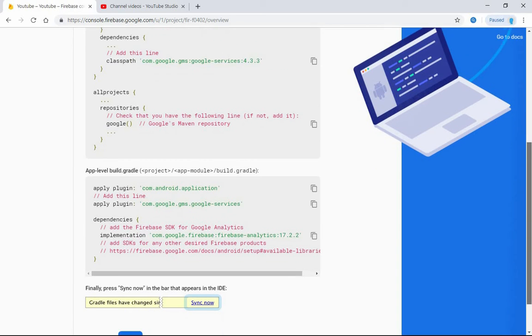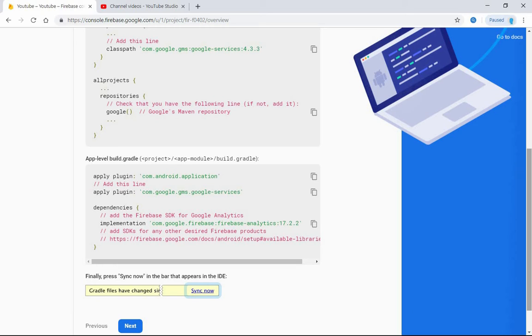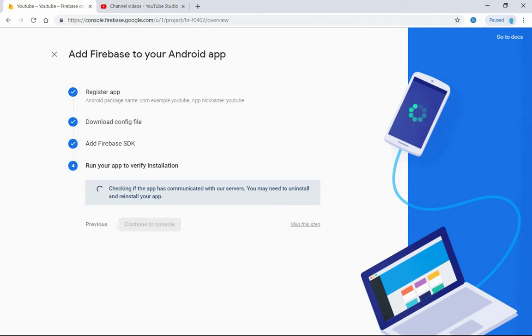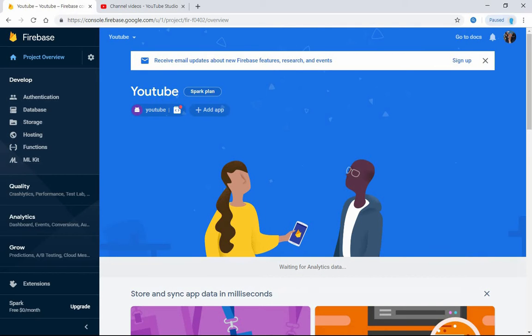In the app level, you'll have to apply the plugin, which is apply plugin com.android.application, which is already there by default. Also in the dependencies, we are going to implement com.google.firebase:firebase-analytics version 17.2.2, and then we'll click next. So this is all you have got to do, and if you rerun your app, this is going to be